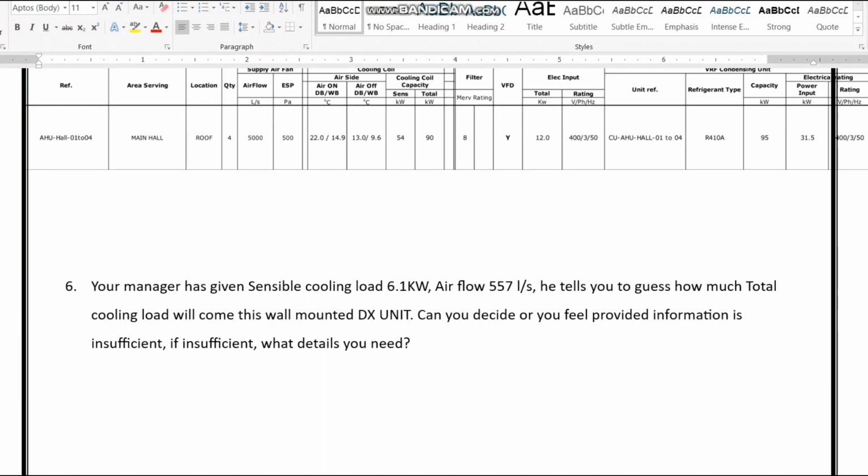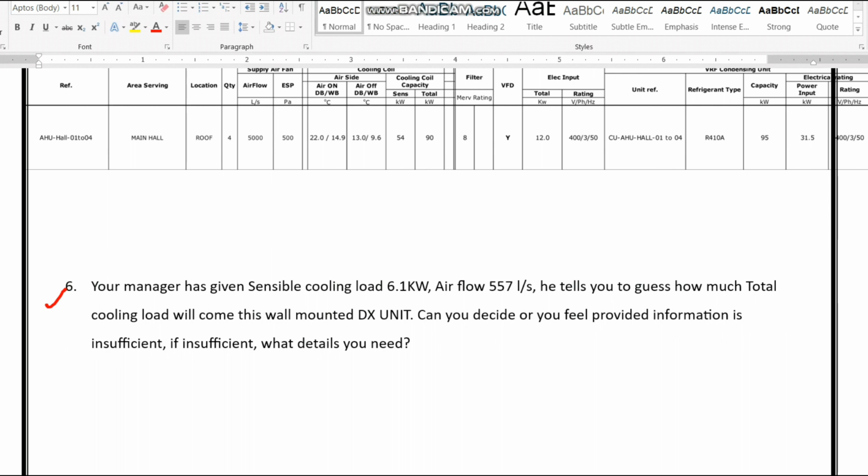The next question is a very interesting one. Your manager has given the sensible cooling load, meaning you are in a conversation with your manager. Your manager is telling you the sensible cooling load is 6.1 kilowatts and the airflow is 557 liters per second. He asks you to guess how much the total cooling load will normally be